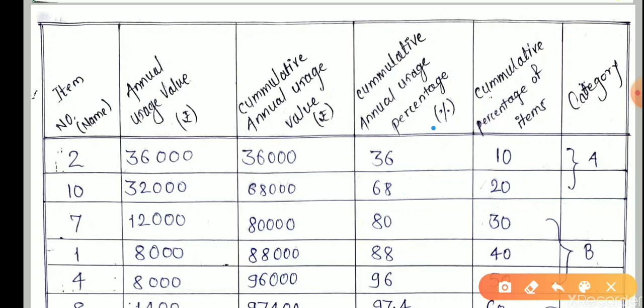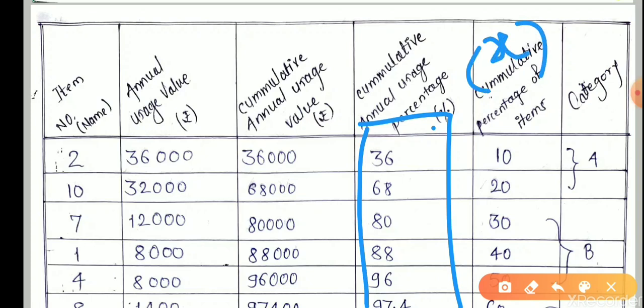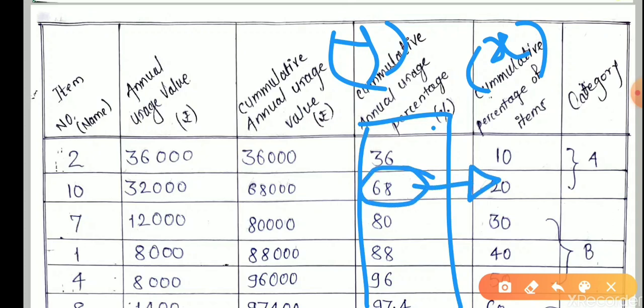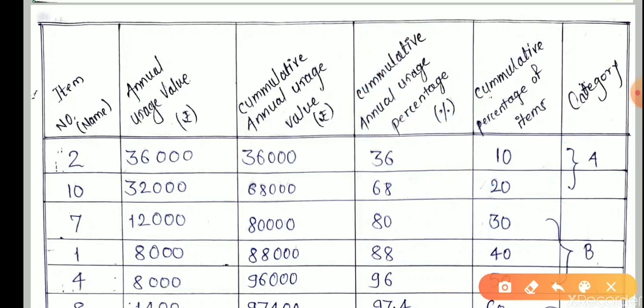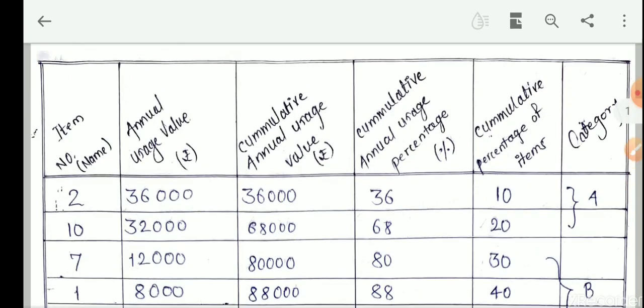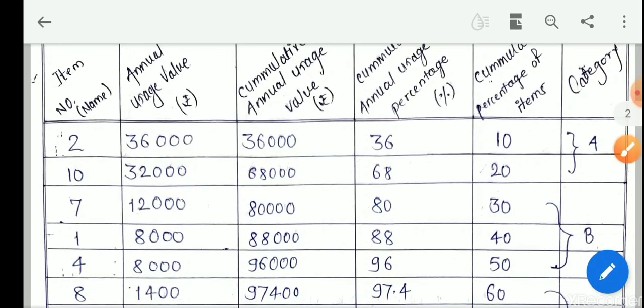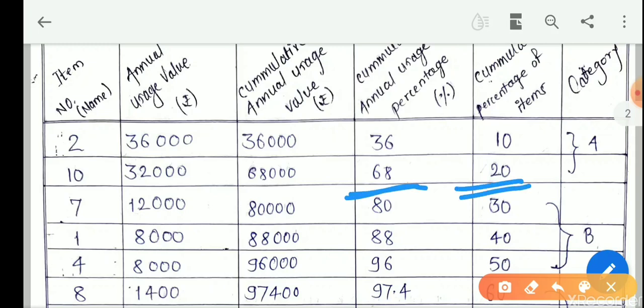Now from this y-axis, this is the y-axis and this is the x-axis, we draw on the graph. On the y-axis, where is about 70%? And looking at the x-axis, it's about 10, 20 or 5%. Up to this figure, mark it as A. In the A category there may be 2, 3 or 4 items. It's not necessary that only 2 items or only 1 item are in the A category. It depends on your annual consumption value and percentage of items.